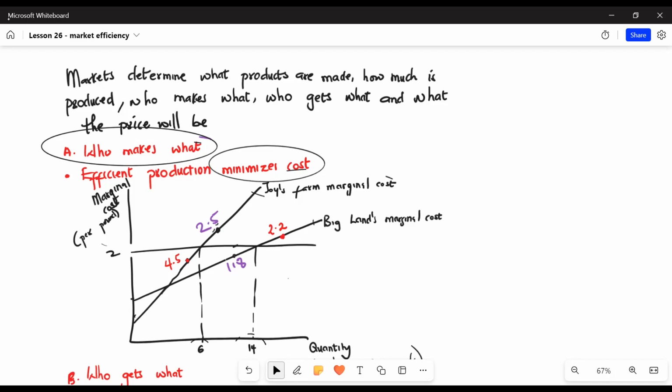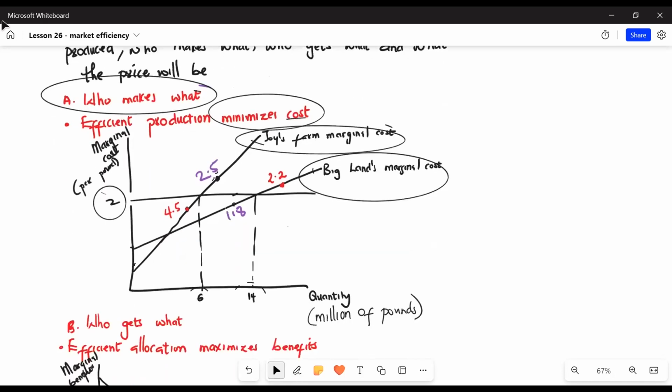Now this graph shows the marginal cost for the two firms. This curve shows Joy Farm's marginal cost, and this curve shows Big Land's marginal cost. Now when the price of apple is 2, Joy Farm produces 6 million pounds of apples, and Big Land produces 14 million pounds of apples. Now the total apples produced in this market is 6 million from Joy Farm plus 14 million from Big Land,